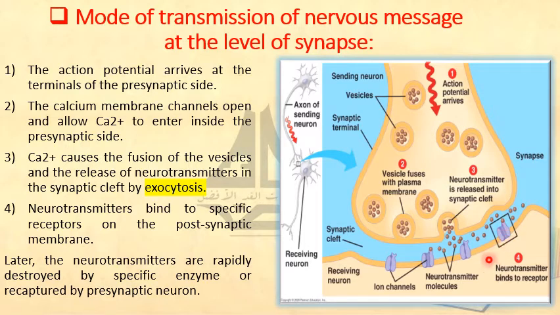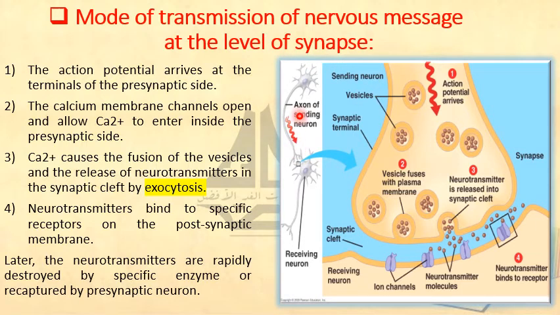Once the message is propagated to the second neuron, the neurotransmitters are going to be hydrolyzed, or degraded, by a specific enzyme called hydrolase, and they are going to be recaptured by the synaptic vesicles for a new recycling, for a new nervous message. So these are the steps involved during the transmission of a nervous message at the level of